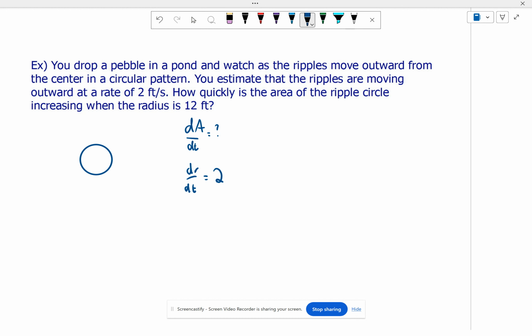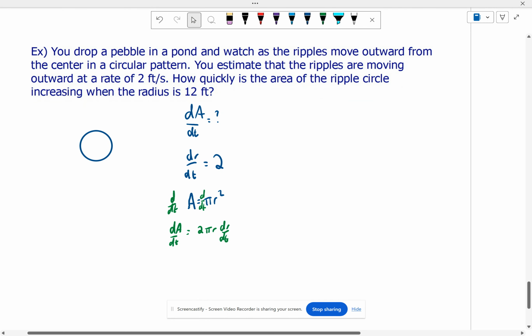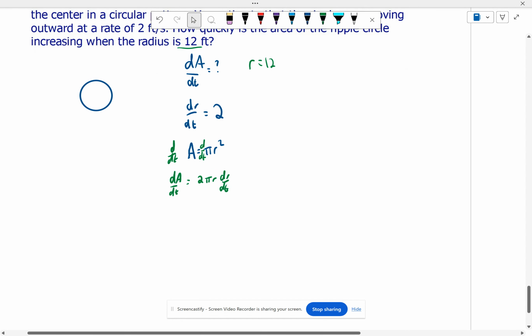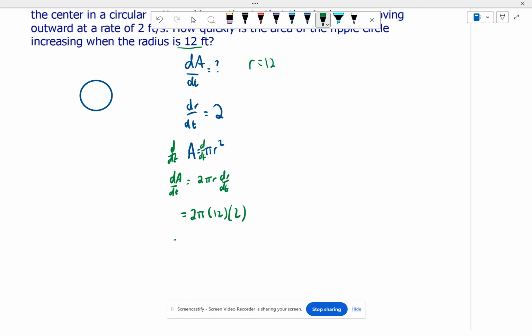So now we need to find a relationship between A and r, and the area of a circle is pi r squared. And now we can differentiate both sides with respect to t. So dA/dt is going to be 2 pi r dr/dt. And we want to find out what dA/dt is when the radius is 12. So we can just substitute and solve. 2 pi times 12 times dr/dt, which is 2. It's going to be 48 pi